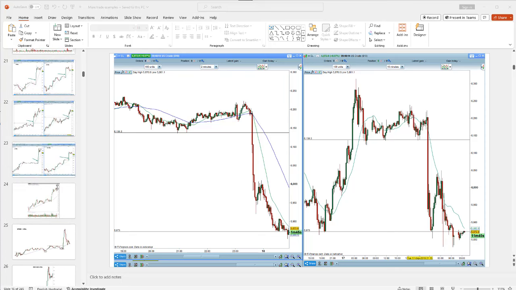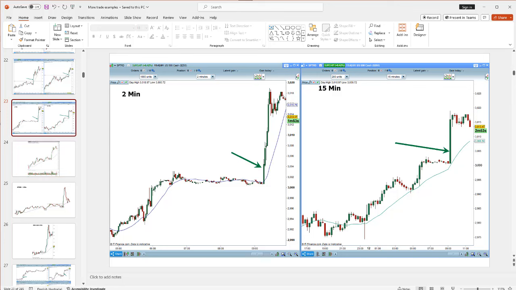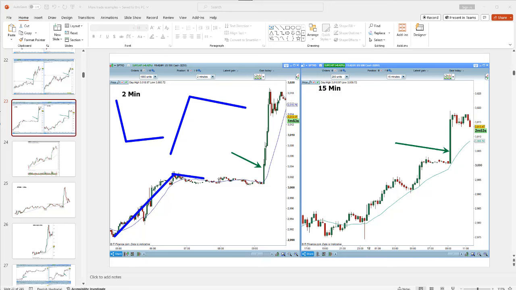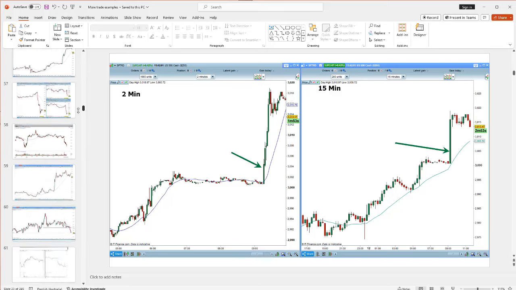I can go through all these different examples here. Here's another example through here. Right, and as you can see, I've got dozens. This is an upside down L-shaped pattern. Remember, there's only two, right? There's the L-shaped pattern, and then there's the upside down L-shaped pattern. What is this one here? Look at that there. See that there? Upside down L-shaped pattern, breakaway candle. Guess what? Follow through. And again, as you can see, I've got literally hundreds and hundreds of